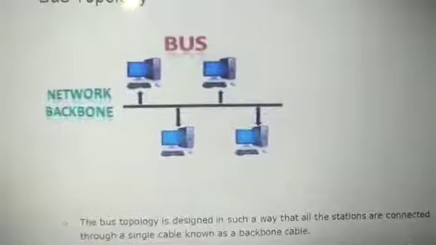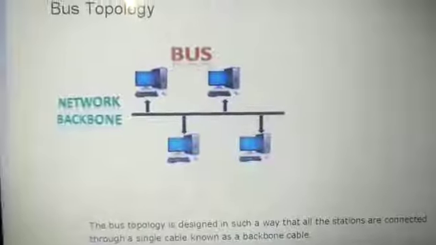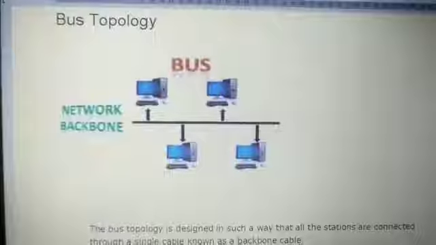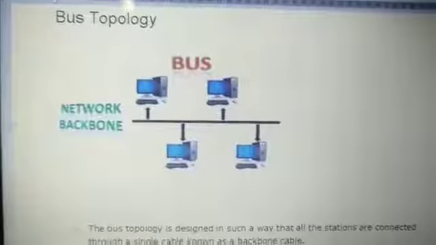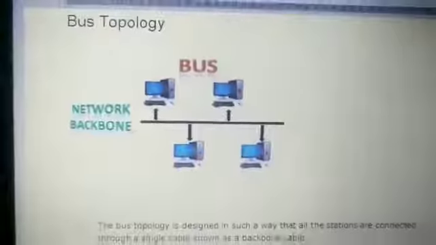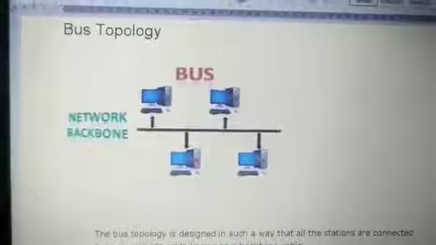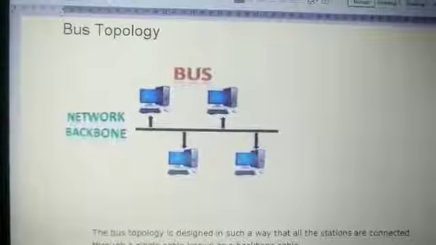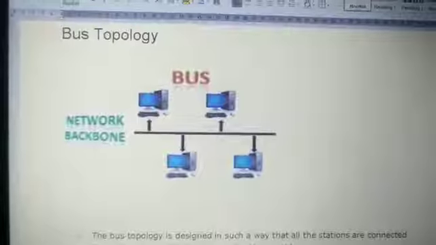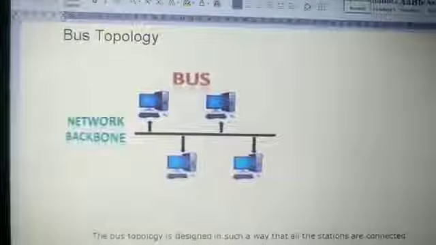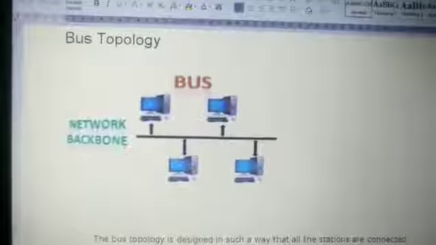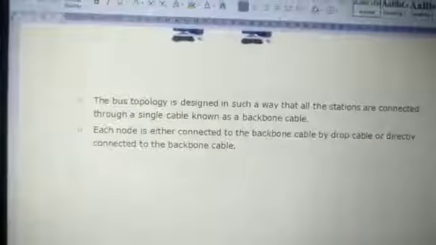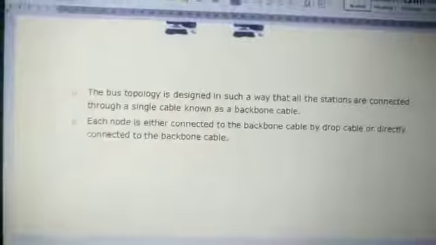Like, if you close the tap, then what will happen? You will not be able to get the water supply. If you open the tap, then you will get the water supply. Here the same kind of scenario is happening in the main cable. Through the drop line cable you are attached to the main cable, and the tap is there. When you open the tap, it means you are connected with the main cable, the backbone of the cable, and you are trying to transmit. The rest of the time, if it is off, then you don't transmit information. Okay, so these two points I have explained.